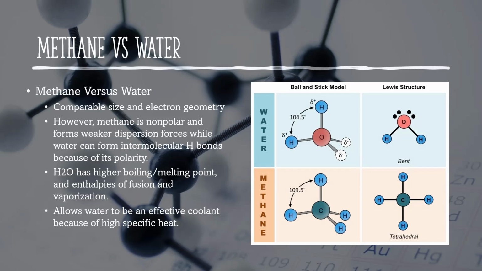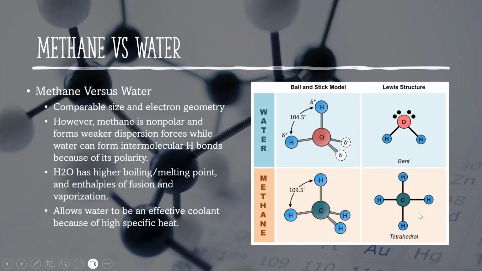So you do have to compare water to methane. I'm not exactly sure why methane, but that's the example the IB wants you to know. It is probably because they're comparable in a lot of things, like comparable size in terms of molecular weight, and then they have similar enough electron geometry, similar shape, and similar bond angles. Very minimal difference between their bond angles, but the main difference is the fact that this is polar, but this